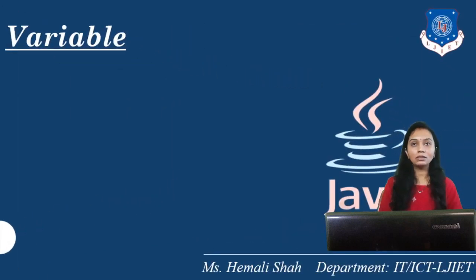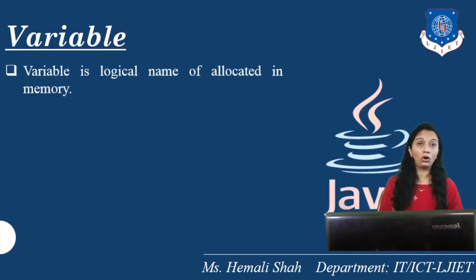So what are Java variables? A Java variable is a logical name that we give to allocate a particular memory. It is very difficult to remember and make a program by using memory location numbers. If we use this address, then the program will be very difficult to understand and to make. That's why we generally give a logical name to our memory location, and by using this logical name, we make the logic of our program. So this is the use of a variable.